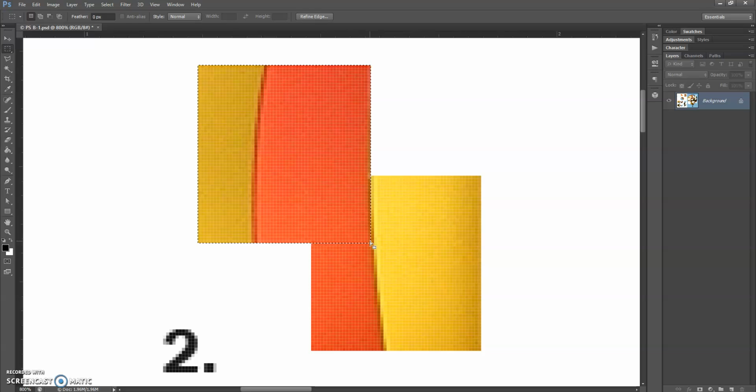Now, in order to add to a selection, you need to hold your Shift key down at the same time. So what I'm going to do is I actually need to start from this corner because it lines up better. You could attempt to start over here. I wouldn't recommend it. It's not a great idea. So I'm going to start down on this corner. Before I click, I need to make sure that I have my Shift key selected, because watch what happens when I hold my Shift key down. Do you see that we get that little plus sign? That means that we're going to add to the selection. So I need to make sure that my Shift is selected. I have that extra little plus sign,